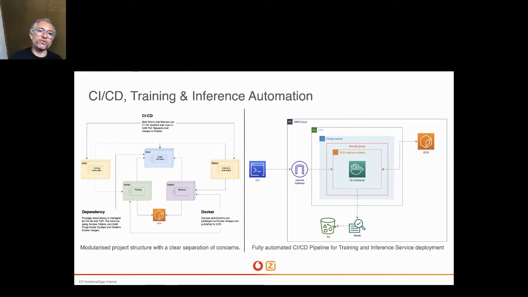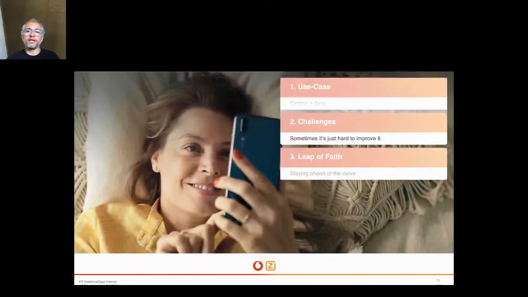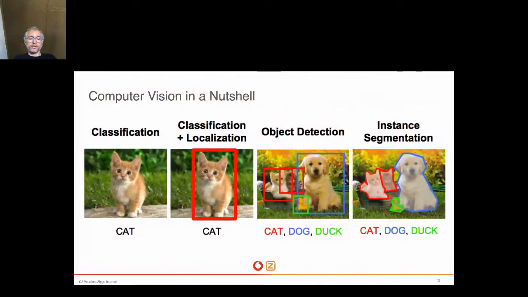When we want to do a training, it's a matter of clicking a button to have everything deployed and then trained on AWS. We used Terraform, and we used Docker to run on top of the GPUs, and made sure that the training was happening, everything was logged, and the model was pushed to S3 afterwards. This whole thing worked in a very nice fashion, because we were able to very quickly